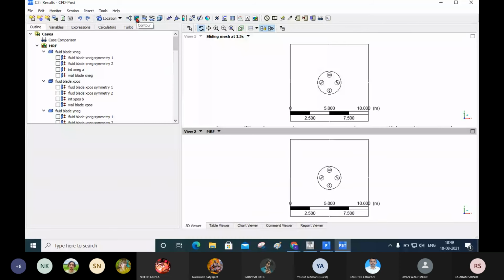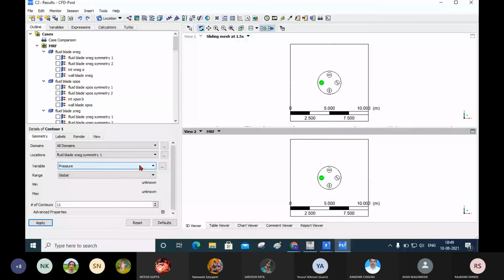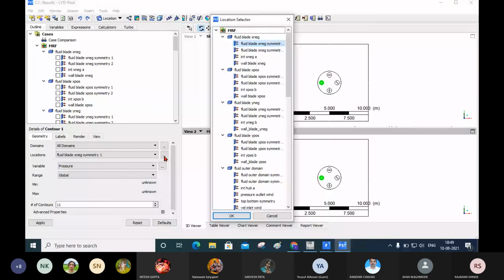I will set the domains. I will set all symmetry because it is two-dimensional. Actually, it is three-dimensional, but we have converted this into two-dimensional, so we have defined a symmetry. We have to select for both.